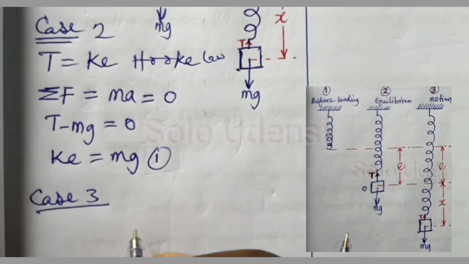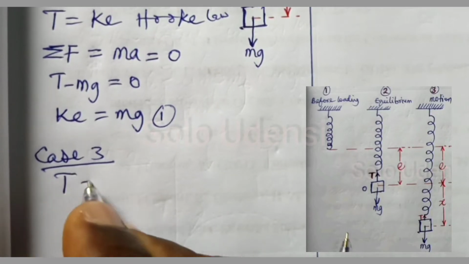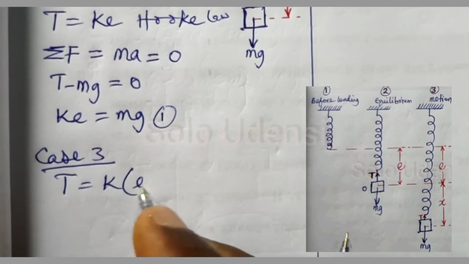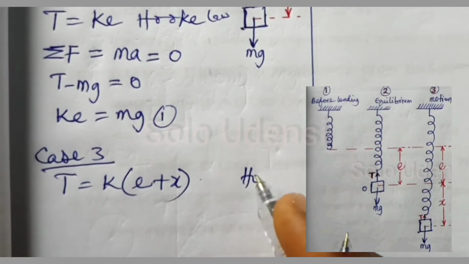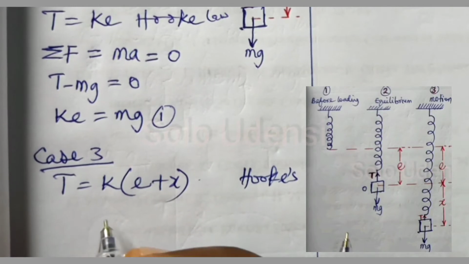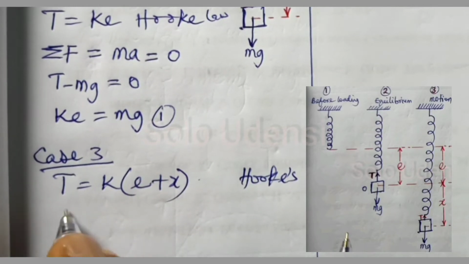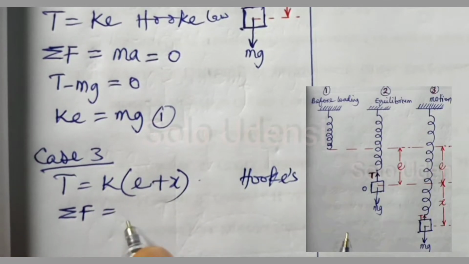Okay, case 3. The spring is now in motion. So we say that Hooke's law is equal to K, and the extension now is e plus x. So from Newton's law also, we have that sigma F is equal to ma. It is now accelerating. So in this case, we will have that